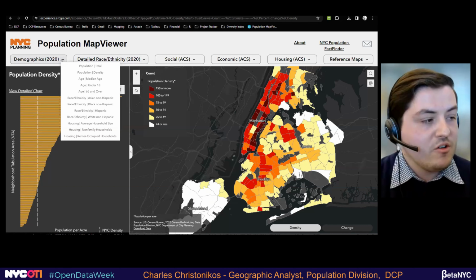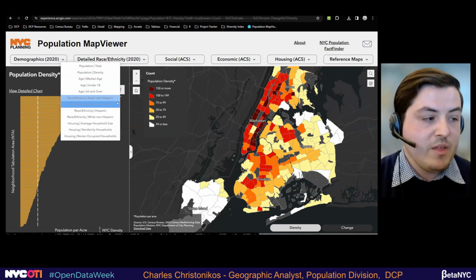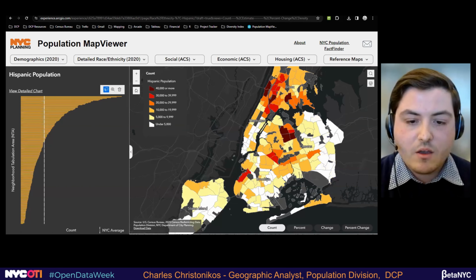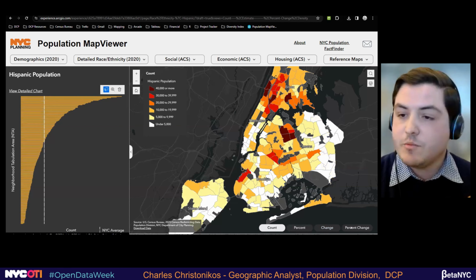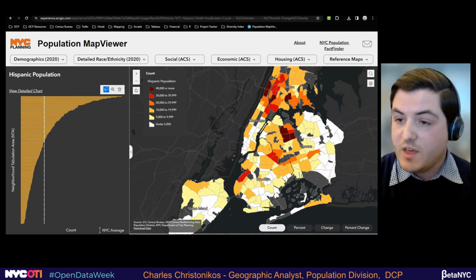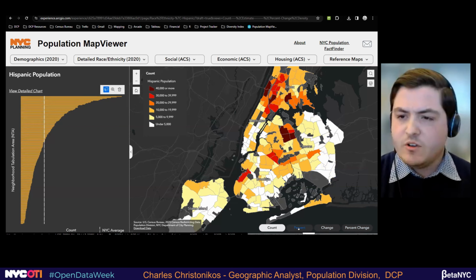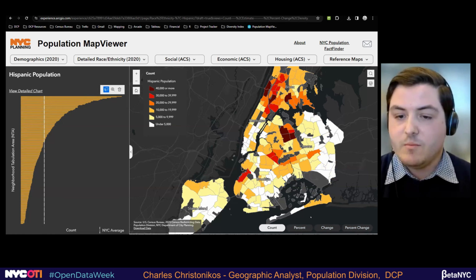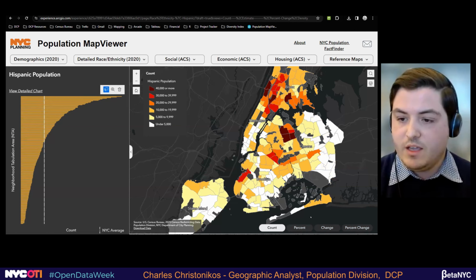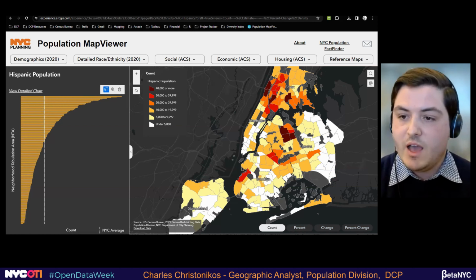So for example, here under demographics, we have maps of the four main race ethnicity groups: Asian non-Hispanic, Black non-Hispanic, Hispanic, and white non-Hispanic. And I'd like to show you our Hispanic map. I've already shown you the default versions of the maps, which are count, as well as change and percent change. But some of our maps also have a fourth option to view, which is as a percent. The difference between count and percent is pretty similar to that between change and percent change, because whereas in this case, the count map is showing me the aggregate number of Hispanic people living in each neighborhood, the percent map would instead show me the Hispanic population as a proportion of the total